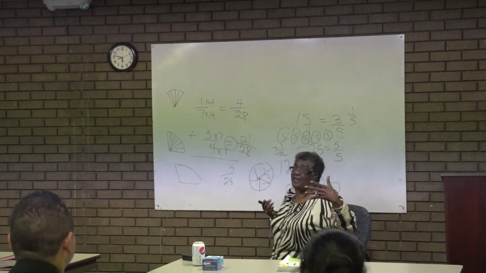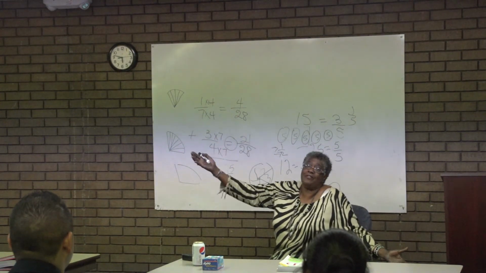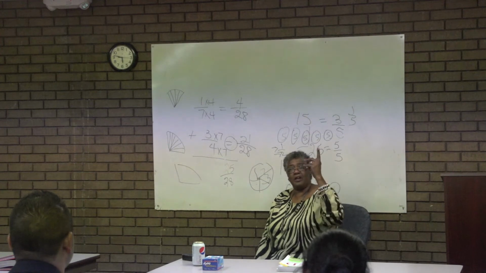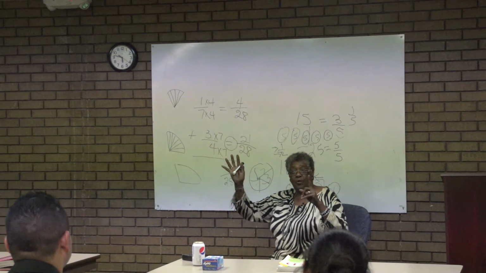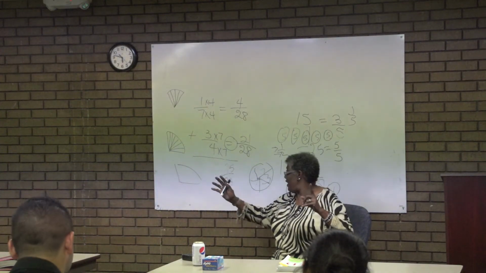20 nickels. If I had 5/4, I'd have, you see, for every quarter, you're going to have 5 nickels now, you see. Every quarter, 5 nickels. So if I had